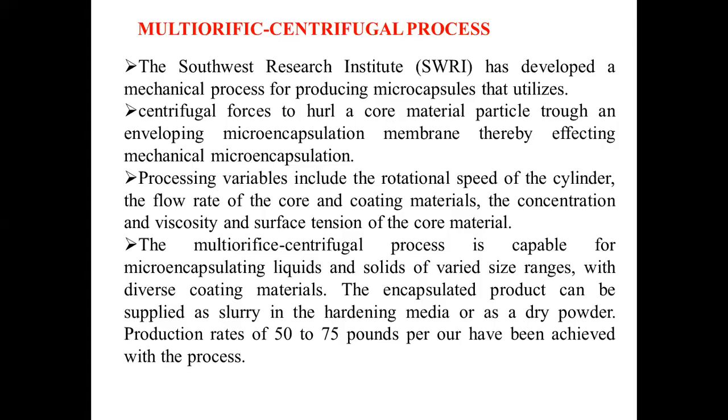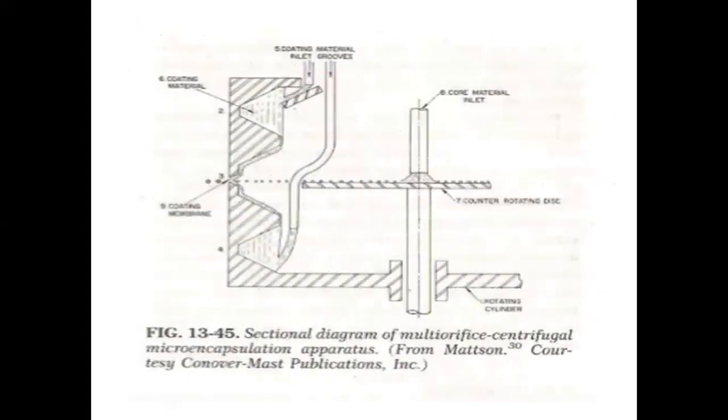So in a multi-orifice system, this particular apparatus contains one rotating cylinder, and the essential portions of the device are located within the cylinder. There are different circumferential grooves. Here we can see the different grooves: these are grooves 2, 3, and 4. The countersunk, intermediate groove 3 has a plurality of orifices spaced closely and circled around the cylinder.